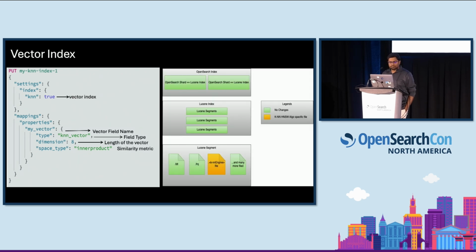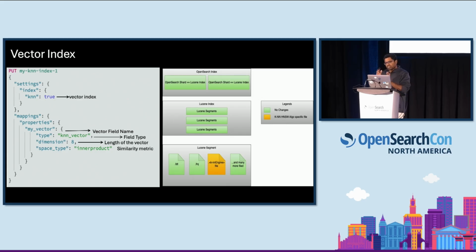Okay, so let's zoom into the shard. As the data flows into the OpenSearch cluster to the data node, it sits inside the shard. So how is it made available for search? OpenSearch has the concept of refresh interval. During the refresh interval, or during the merges or flushes,